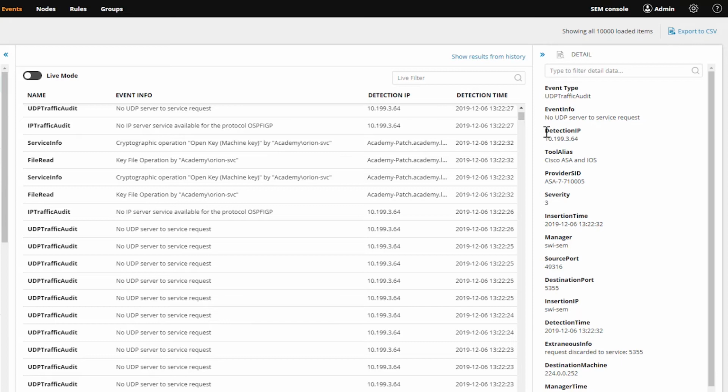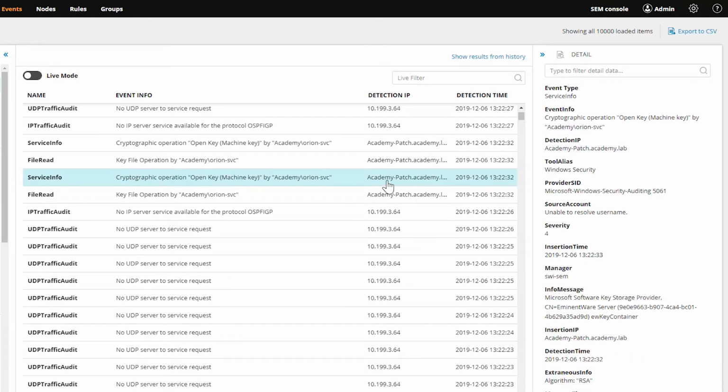So detection basically means this is the IP address or hostname that was stamped on that source event. So when you look at the raw log file, this is the source address. Okay, if I looked at this raw syslog file, we would see that very easily. If I looked at something coming from a Windows machine, like our patch server here, this is the host name, or FQDN in this case, that was stamped on that original Windows security event. Okay, now how it differs from insertion IP is you'll notice here for this Windows event that insertion IP is also the patch host name or the patch FQDN. And that makes sense because what the insertion is saying is this is the IP or host name that inserted this event into the database.